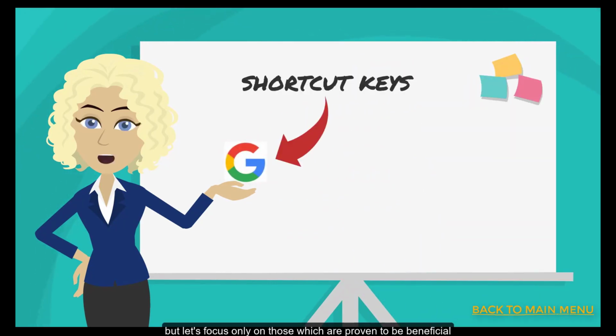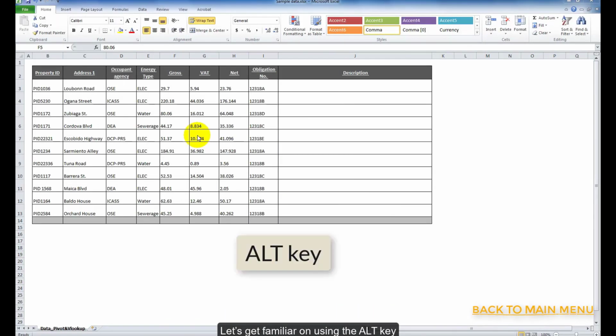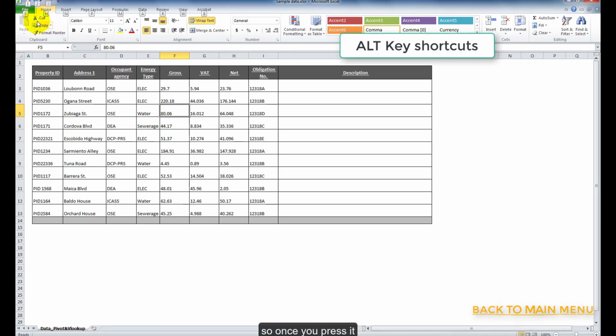But let's focus only on those which are proven to be beneficial for both PSU voucher examiners and FMC employees. Let's get familiar with using the Alt key. Excel shortcut keys generally start by pressing the Alt key. So once you press it, you will see shortcuts, or in fact an alphabet of hotkeys, for each tab of